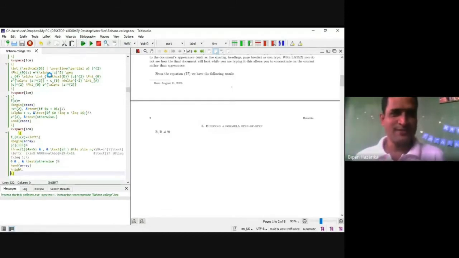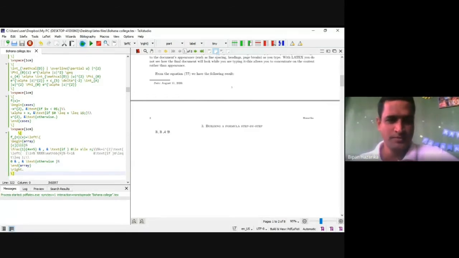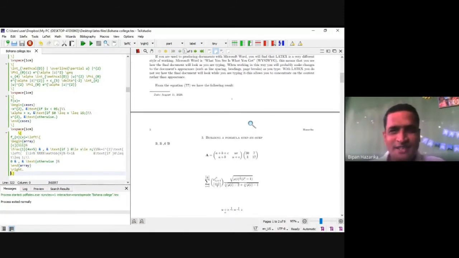So different mathematical expressions I have written here. Now see the magic.